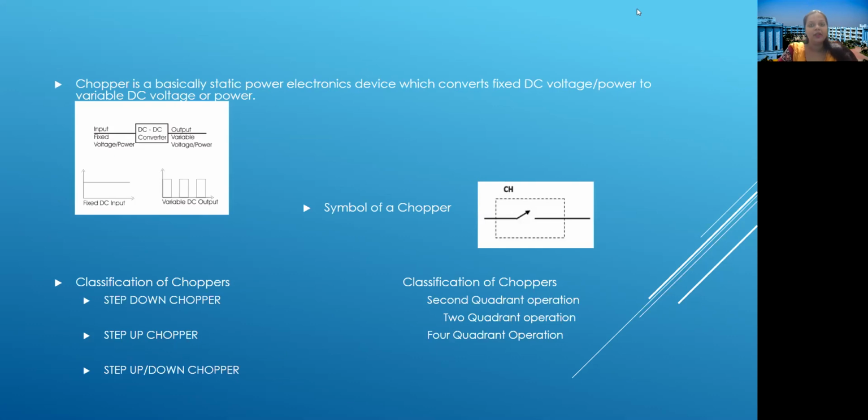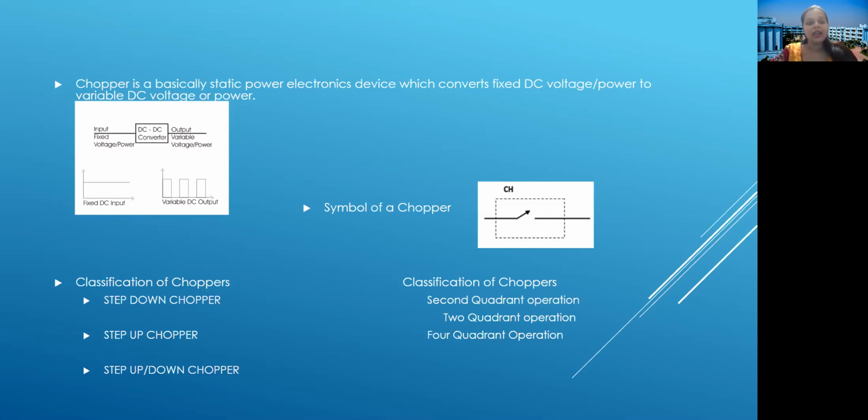Now, what is chopper? We have read about different converters. Converters do what? Converters convert one type of signal into another, right? We use a rectifier to convert AC to DC. We use a transformer to convert one alternating voltage to another alternating voltage and one alternating current to another alternating current. Likewise, an inverter circuit converts direct current to alternating current. But chopper is the circuit that converts one direct voltage to another direct voltage.